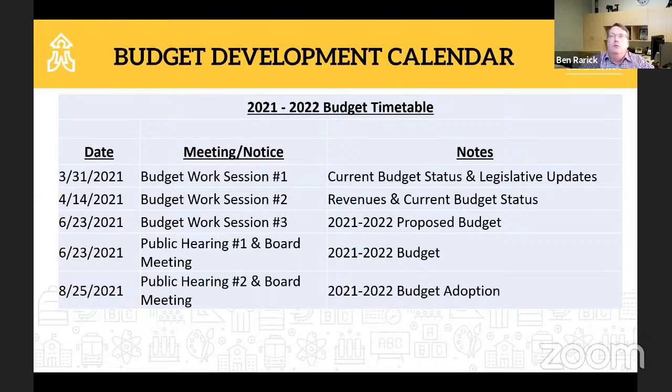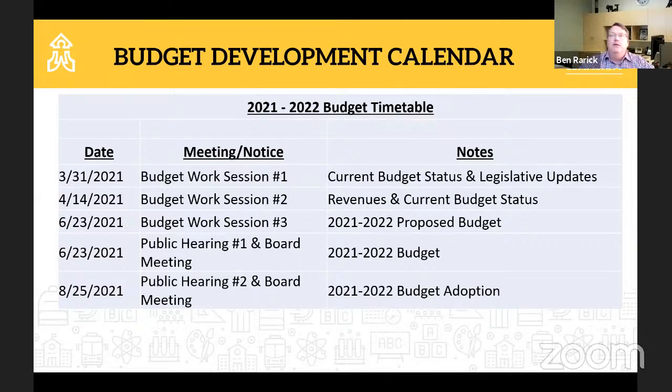So it has been an incredible year for everybody. I know for you, and certainly for the team. And you've seen so many timelines. So here's another one. This is the budget timeline for this year, adjusted a little bit to reflect the realities that we're dealing with right now. It's not that different from what you've dealt with before.